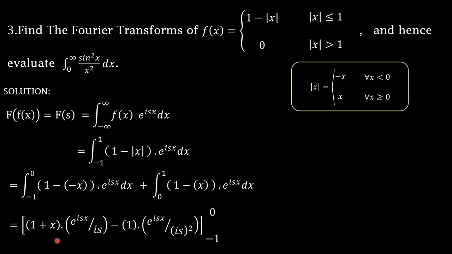What is the derivative of 1 plus x with respect to x? It is 1, into integration of the second function, that is e to the power isx by is, which is e to the power isx divided by is whole square, where the limits of x are varying from minus 1 to 0, plus